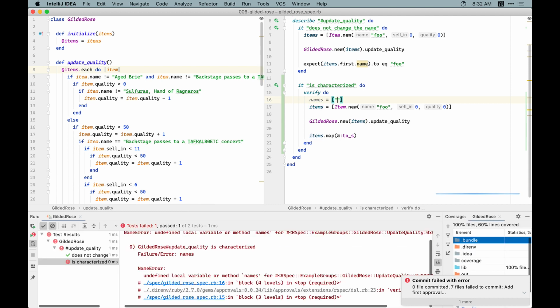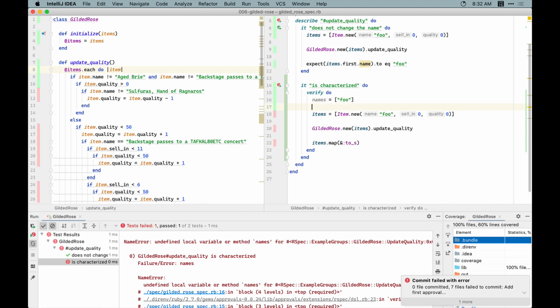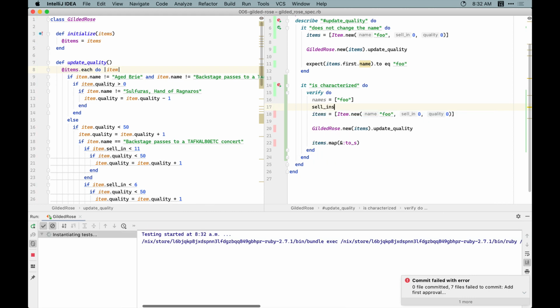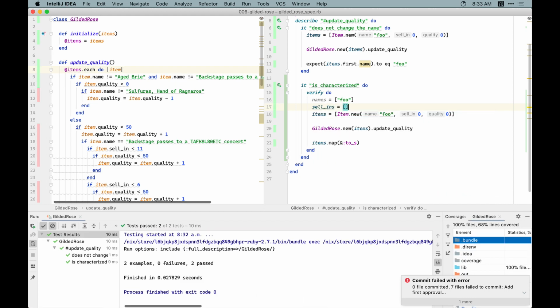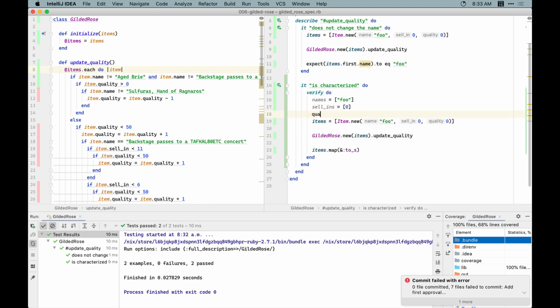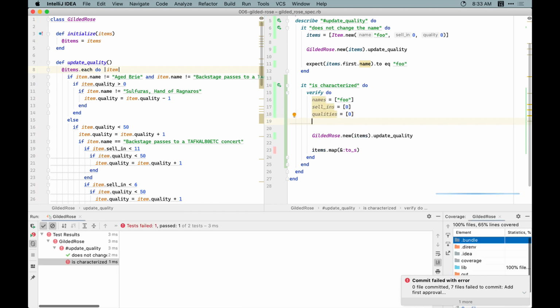And right now, it can just be that foo thing from the first test. We're going to have a selins array, and it can contain 0. We're going to have a qualities array, and it can contain 0 as well. And then what we're going to do is, if we can take the cross product of these, we can be reasonably confident that,